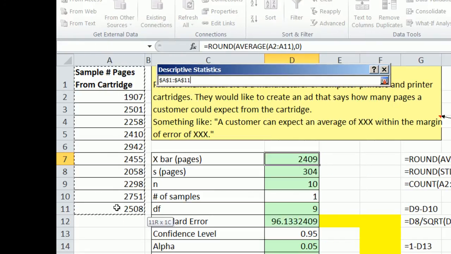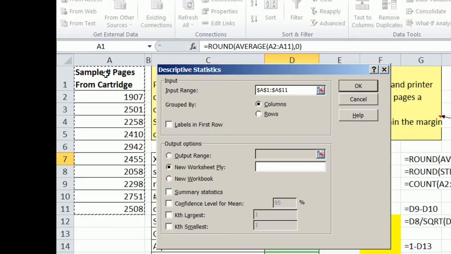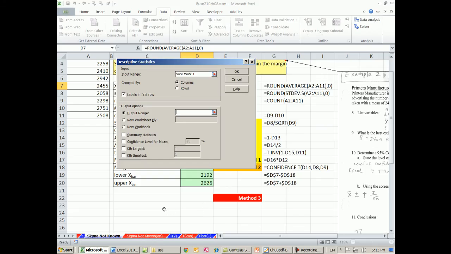Input range. I'm going to highlight. There is a label at the top, so I'm going to say Labels in the first row. It's in columns. Output range. Now notice when I click Output range, it jumps up here. I've gotten tricked by this many times. I'm going to be sure and click down here, and then pick like